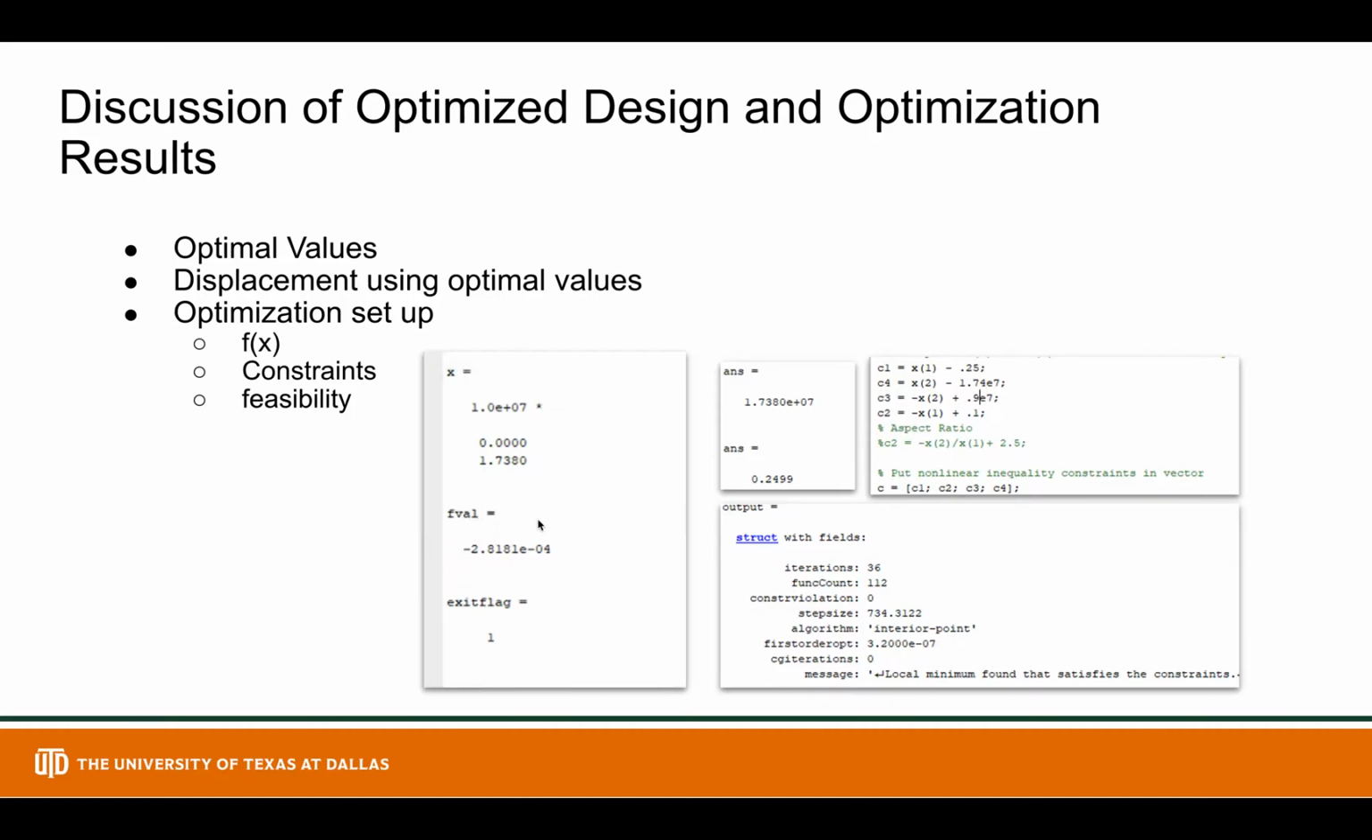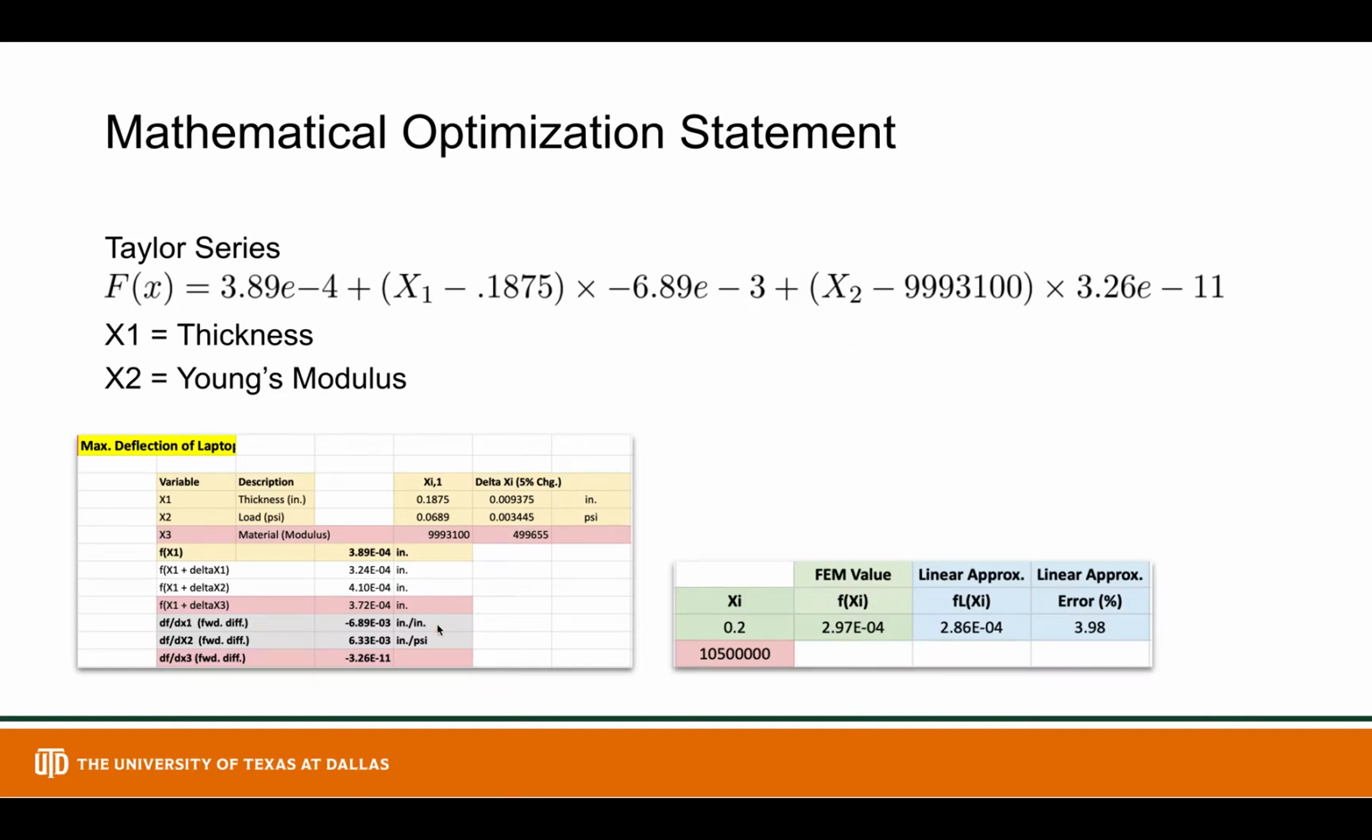Here on the left, you can see the final value for our deflection. This aligned with our Abaqus results very well, and you can see the exit flag value of 1 proving feasibility. On the next slide, you'll see the Taylor series function that we used in order to find the optimal x1 and x2 values, and below that you can see the spreadsheet that we used in order to derive our linear